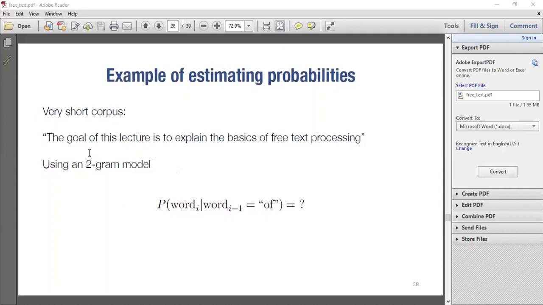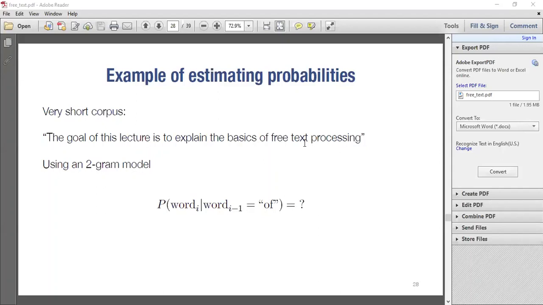So what will eventually happen is that "this" and "free" will have a probability of 1/2,